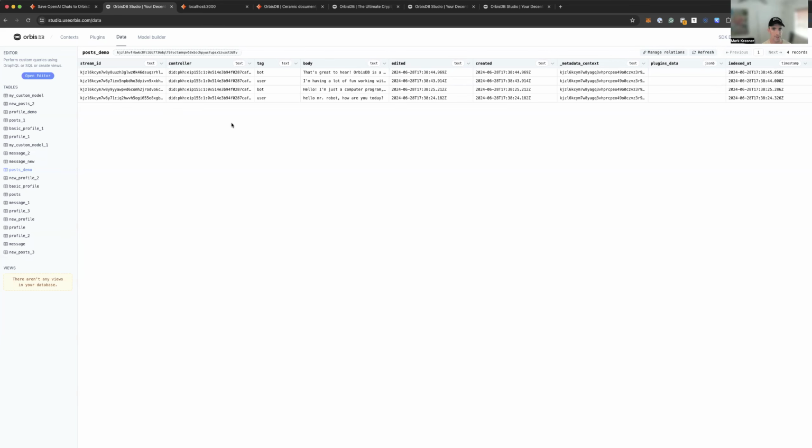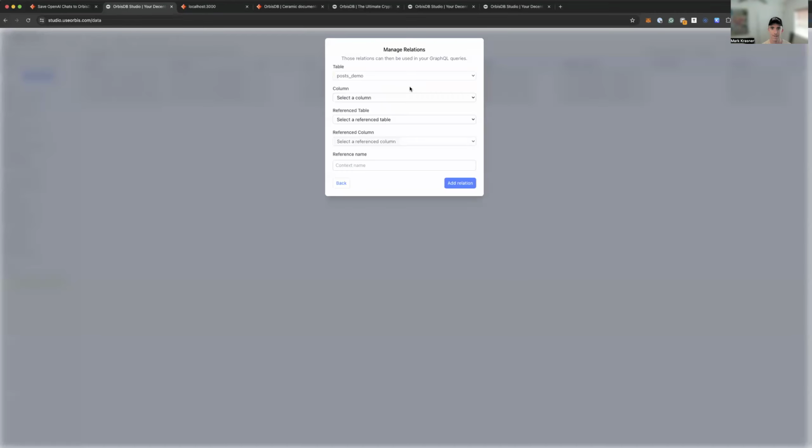But what's really cool is how we can integrate relations and how we can integrate plugin data. Maybe I'll start with relation. So let's say we want to be able to grab the corresponding profile for each post. You can actually, through the UI, define that relation. So we're in posts right now. Right here, you'll see manage relations. Let's add a new one. From post demo